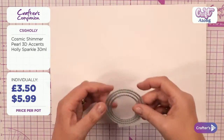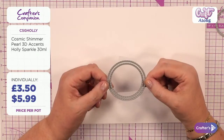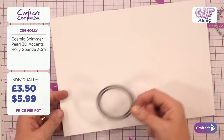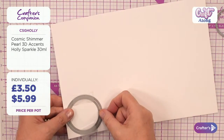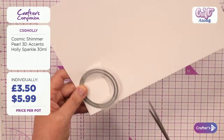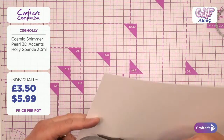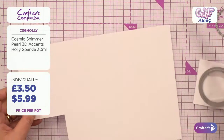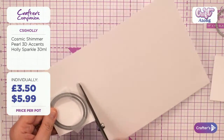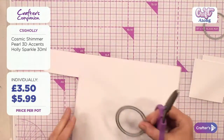I've still got mine taped together from when I was working. So the 2 largest ones I've taped together, and we're going to cut those together to make a frame, all right? So what I'm going to do is just pop this to give me an idea of how much cardstock. And this is my 3rd piece of watercolour card that we popped to one side. I'm going to cut myself a little square, and I want 4 of these. I tend to cut all my cardstock first, and then we're going to run it through the mini and create those circles. So 1, 2,